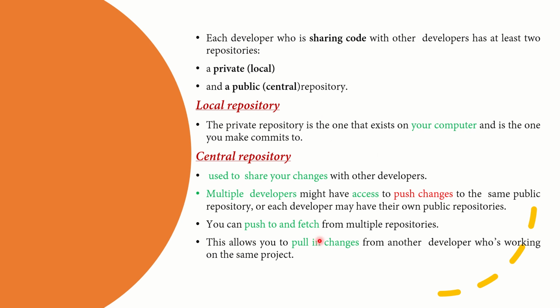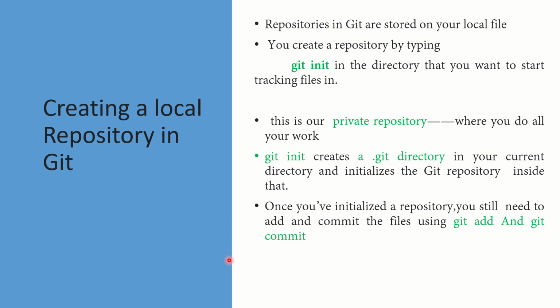The central repository is mainly used to share the contents or files between the developers. Whenever a developer makes changes, they can push those changes into the central repository, and later, whenever they want, they can retrieve or fetch files from the central repository. So they can also access the files developed by other developers, modify them, and save or commit the changes. So everything is possible. Here we are going to study how to create a local repository in Git.